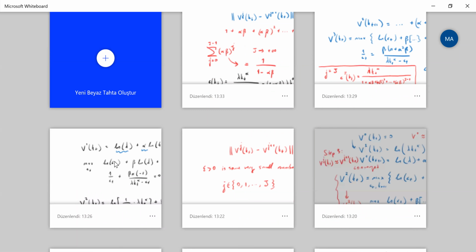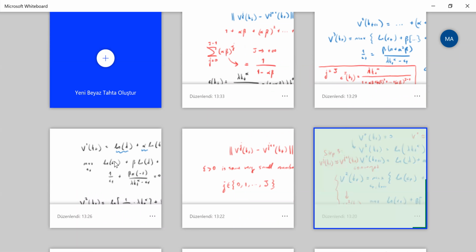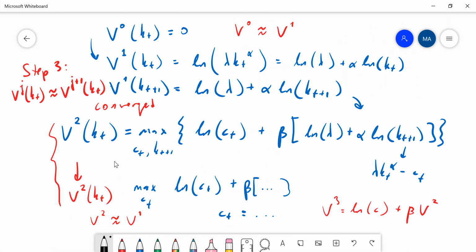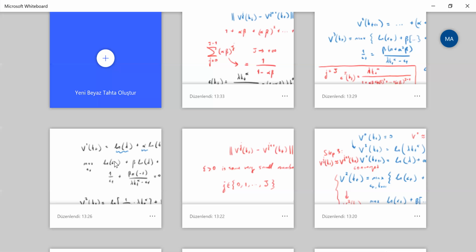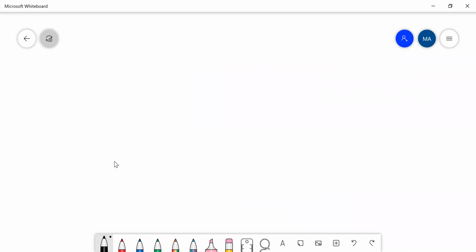So at the first step, I find, all right, well, let me do like this. So at the first step, what I found was this, right? CT equals